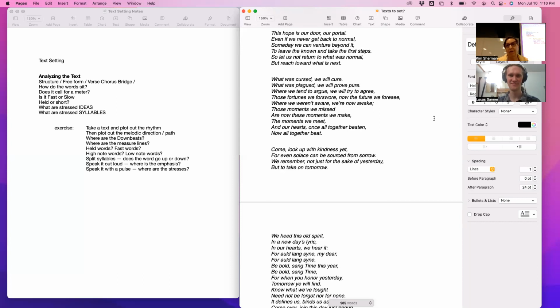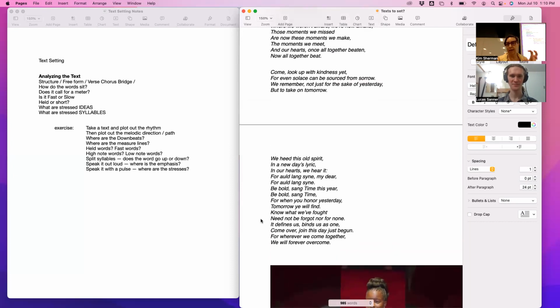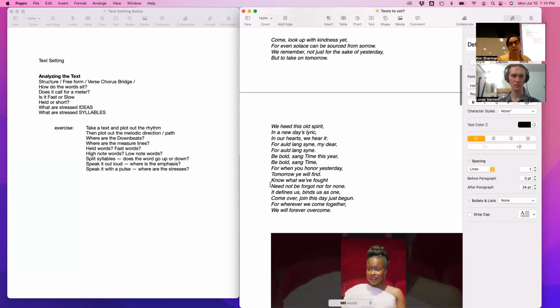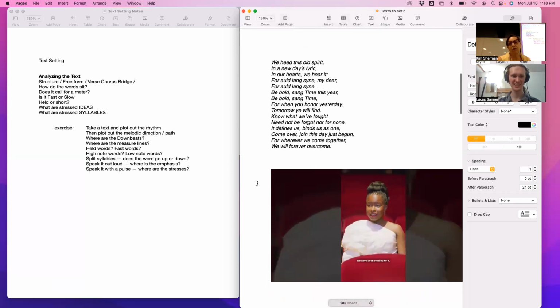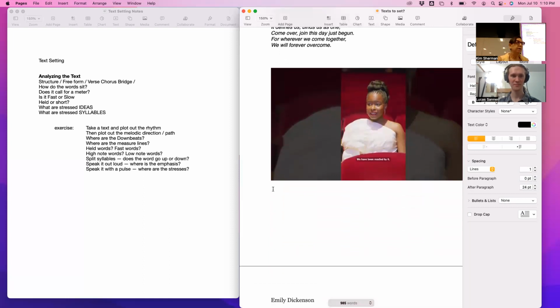text and talking about how it works rhythmically and how we might approach writing, setting a text. So that was one example of listening to how this is spoken text, but it's got so much rhythm and texture to it. It was spoken by the poet, and so I think that's worth listening to.